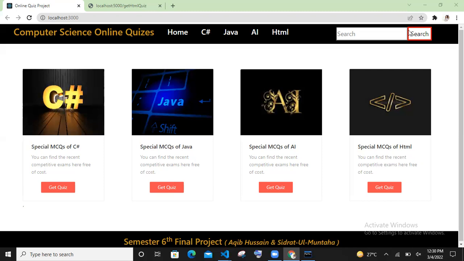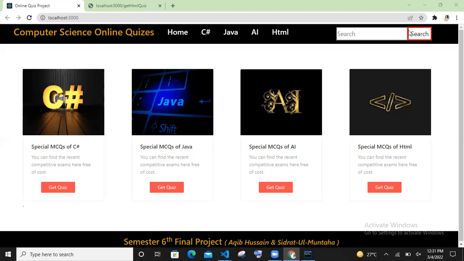The main idea of this is very simple. The first reason is that it will be free for all of the computer science students. And second, we have placed timers and different functionalities, as we will check later on, so that the students can judge themselves for any competitive exam, that how they have prepared the course for that competitive exam. So it was basically the intro of our website.